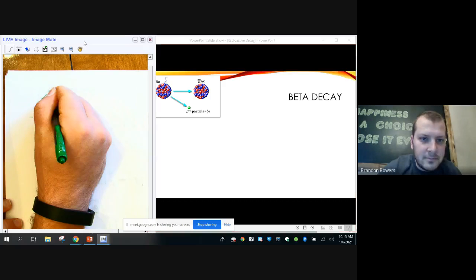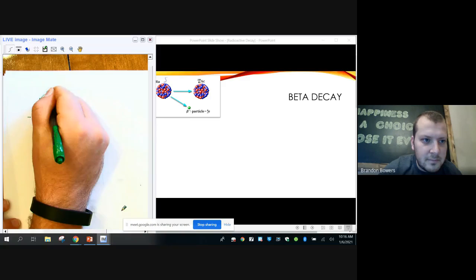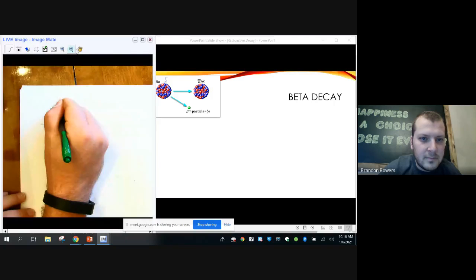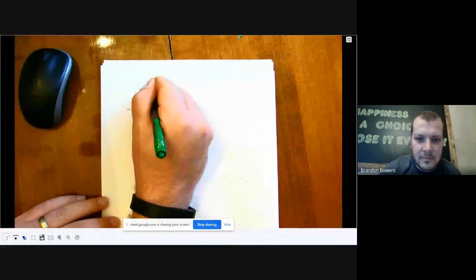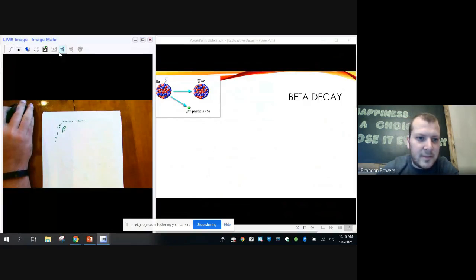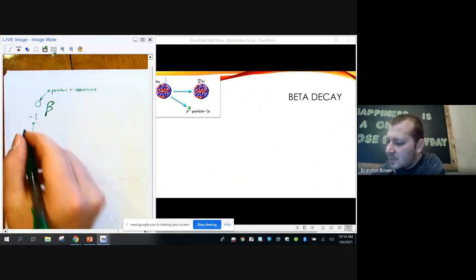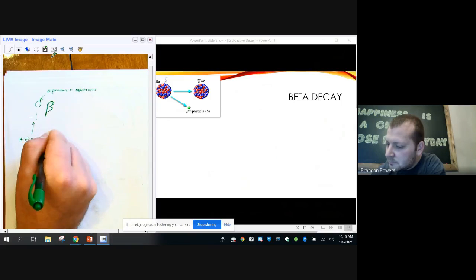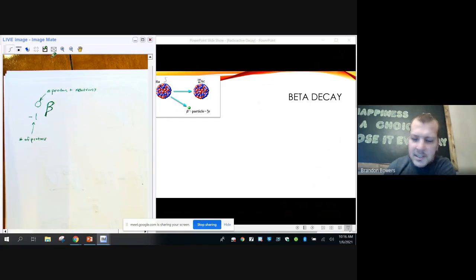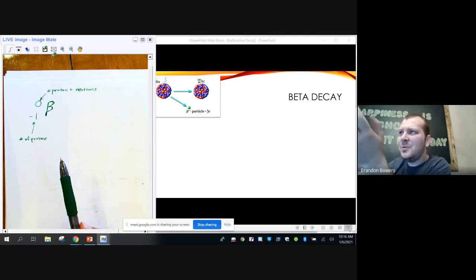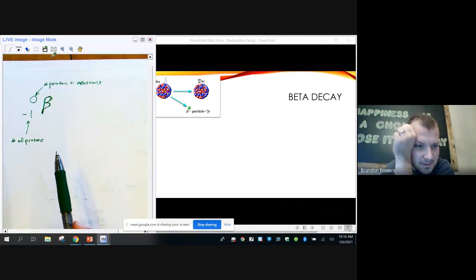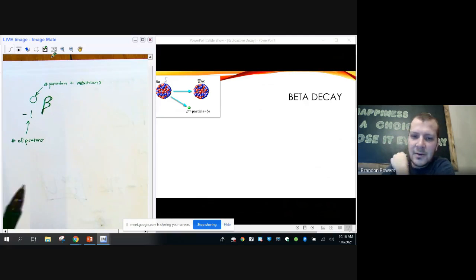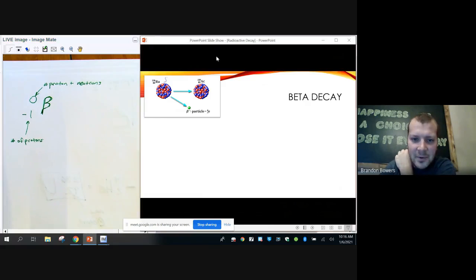And that's the bottom number. My screen froze, sorry. The bottom number is the number of protons. Okay. So -1, so we actually lose a proton. Interesting. So if you look at an example,